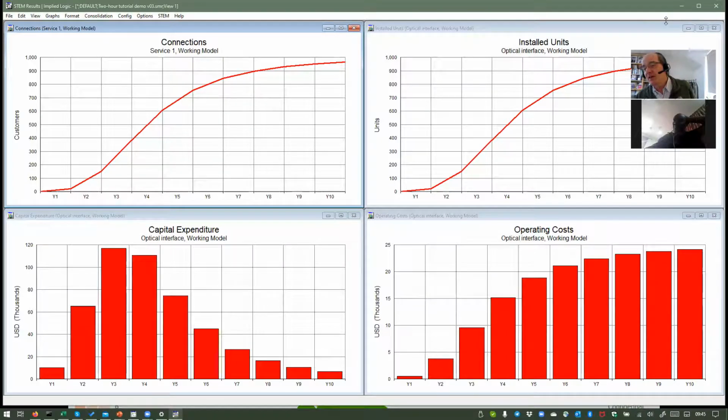which is this nice S curve, but my capex is this shape, and that shape is obviously the delta. It's how many new interfaces were required each year. Because the first year, it's just this many. The next year, it's how many more have we got. And basically, there's a graph here,